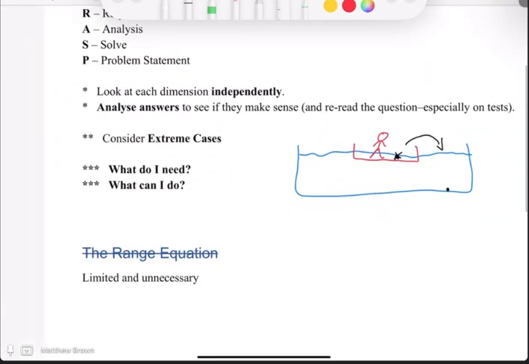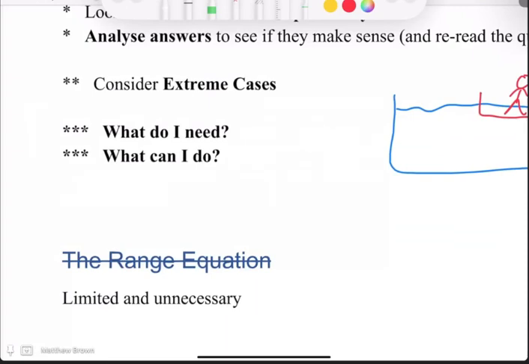One other thing I'll give you, these are sort of the two strategies I've always kept. I don't pretend to be the best problem solver in the world, but there are two. One is, what do I need? And this one is actually, sometimes I kind of call this work backwards, right? And I think there were a lot of forces problems